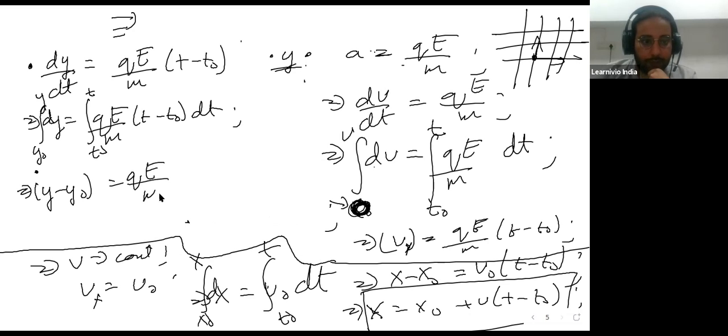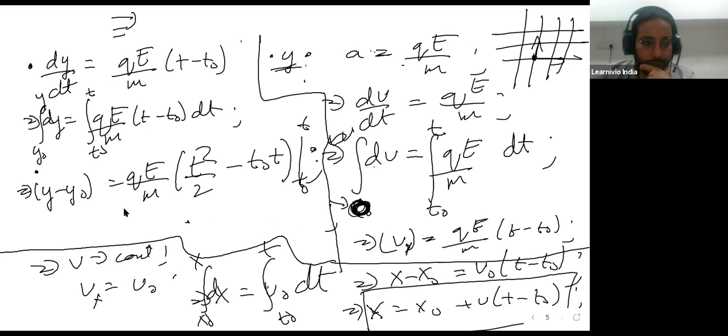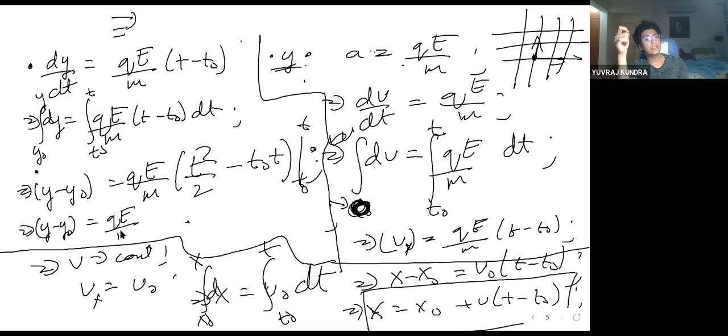So what do you get? QE over m. Let's just do it here. T square over 2 minus T naught T, from T naught to some T. This implies y minus y naught is just equal to...